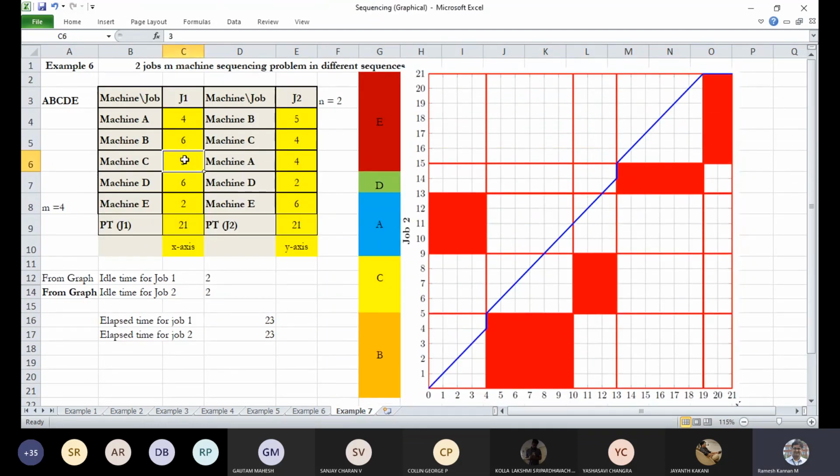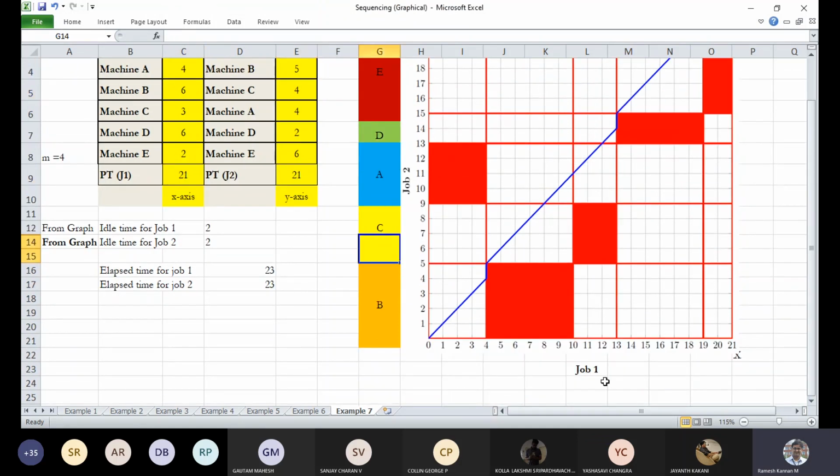And same way, C has got 3 x-axis and C has got 4 y-axis, right? So this is C and this is C here. This width is C and this particular thing is C. So which means the intersection is here. And it is automatic. Do not worry about it. So you do not exceed this block. The reason we draw these lines or imaginary lines is to make these blocks. In fact, you can draw this imaginary line in pencil, and you can erase it once you make it with the colored blocks or something like that, right? Or if you want to retain it, that is also fine.